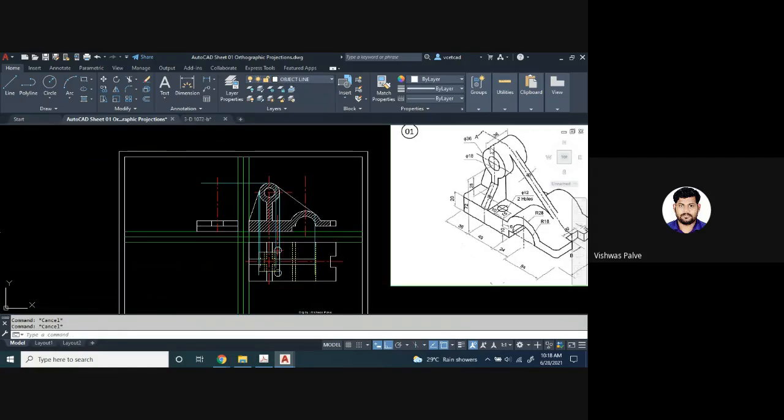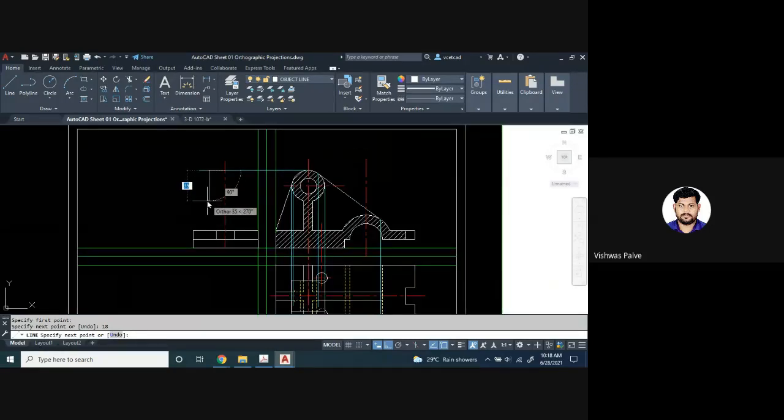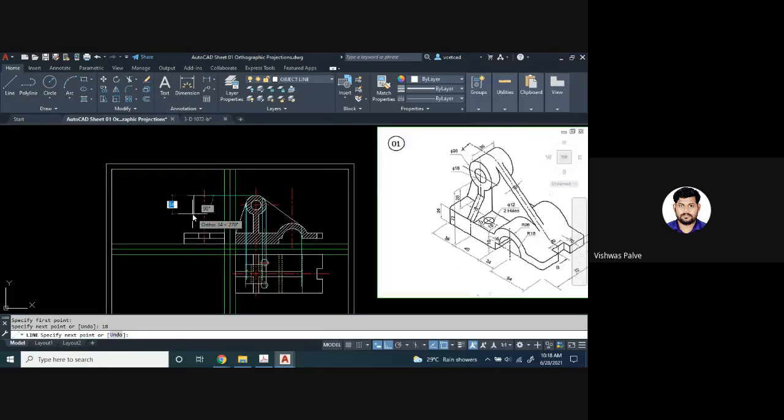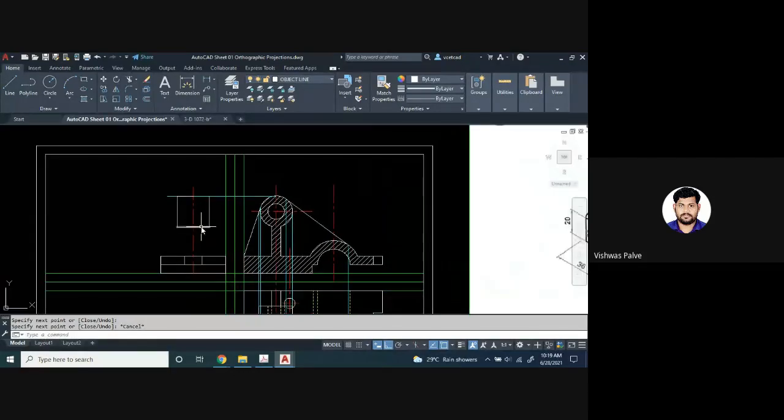How much is the width? 36. L enter. From this 18. Vertical distance of, how much is the diameter? 36. So vertical distance 36, horizontal distance 36, and again vertical distance 36. Okay, so this I have drawn.